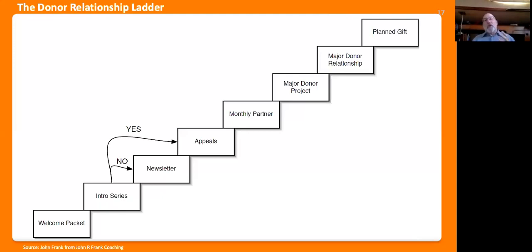I have a whole process that I get board members involved in, talking to donors where it's not an ask. It's a question of how are we doing, and the people love it. They love to talk to you and say things, and say, well, this is what we prefer, and it works really well. So this is just a donor relationship ladder, and again, this goes against what's the big evil?